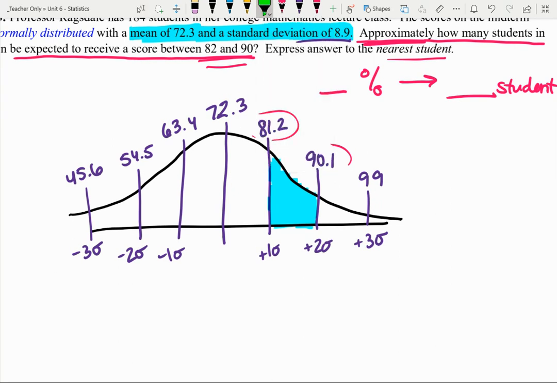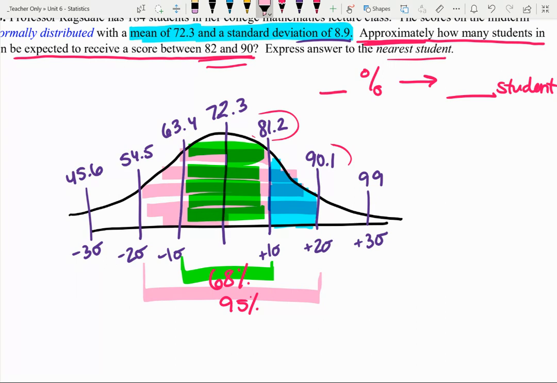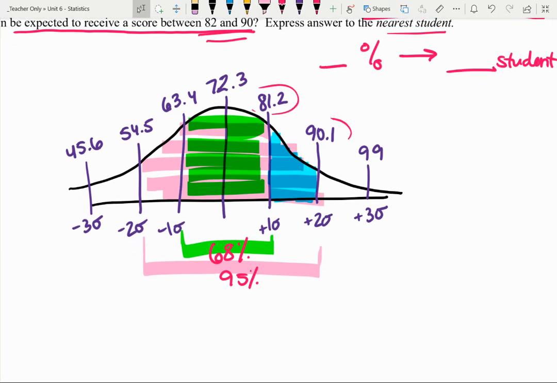So according to the empirical rule, everything within one standard deviation is going to be 68%. And then everything within 2 standard deviations is going to be 95%. And so if we think about the difference between the two, if we think about these outside areas, the one that we're looking for and its twin on the other side,